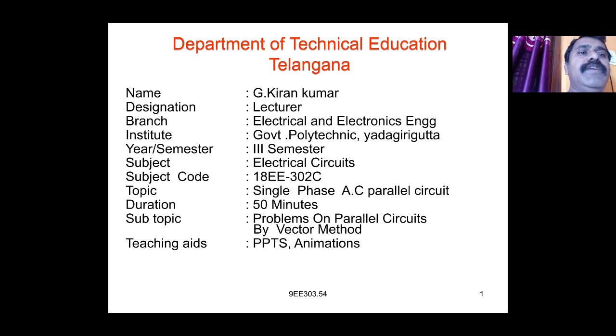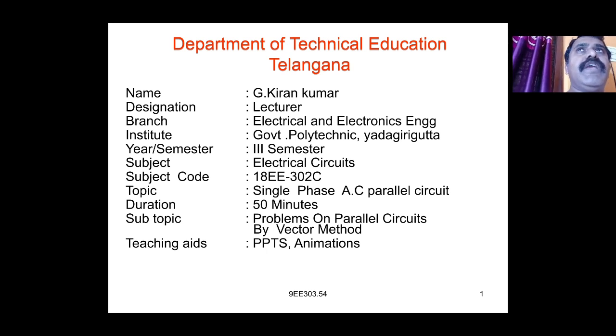So already we studied the single phase AC series circuits. In the series circuits, resistance, inductance and capacitance are connected in series. We apply the voltage, and the current flows through all three parameters: resistance, inductance and capacitance. We already studied the definitions of resistance, inductance and capacitance, and AC through pure resistance, inductance as well as capacitance. Again we studied the RL series circuit, RC series circuit and RLC series circuit. So we know that in the series circuit the current remains the same and the voltage is divided.